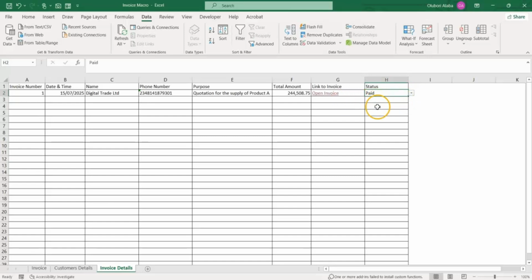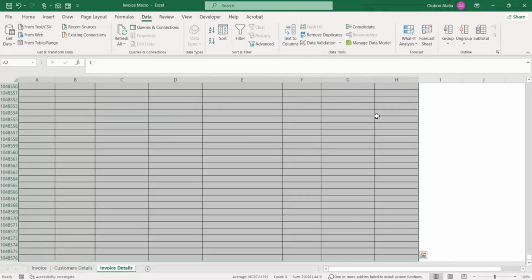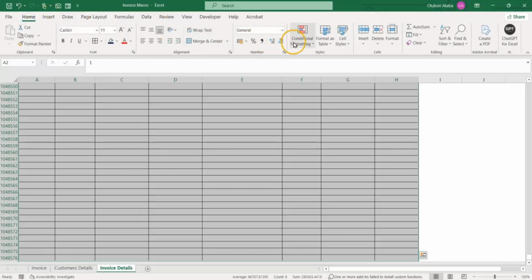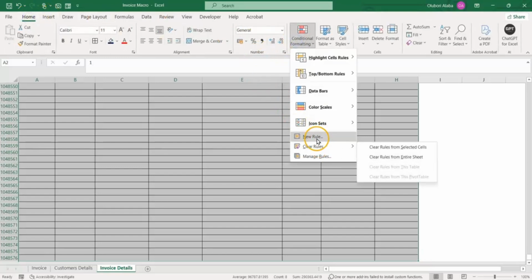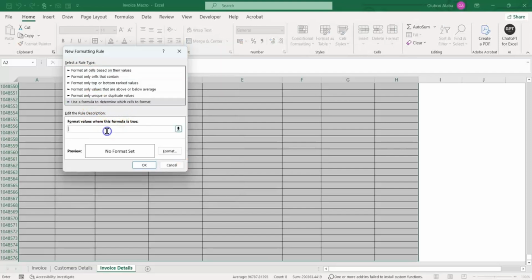And then you can see you can always select once it's paid. But this is not actually what I want to do. Now this is what I want to do. I'll select everything here. And then I'll go to conditional formatting, and I will say new rule. And I will say use a formula to determine new rule. I will say equals to,